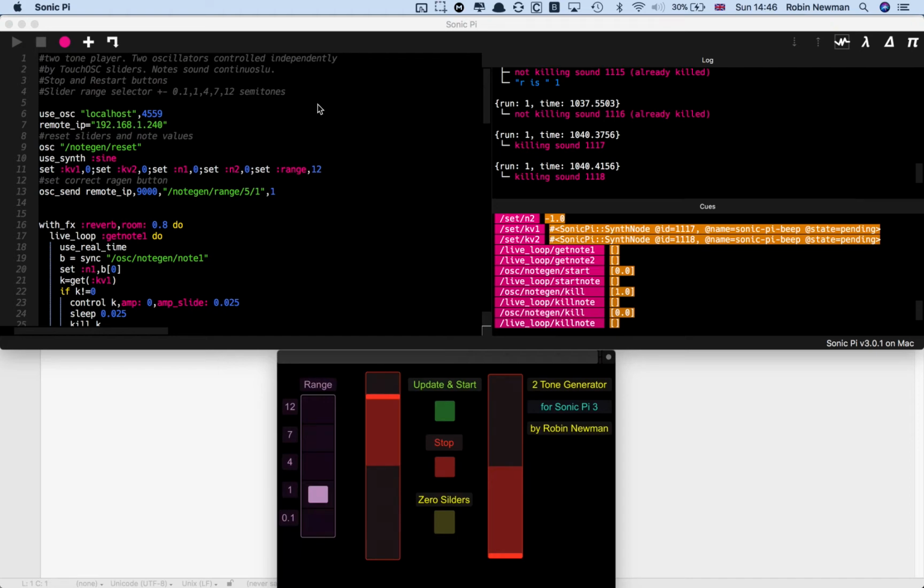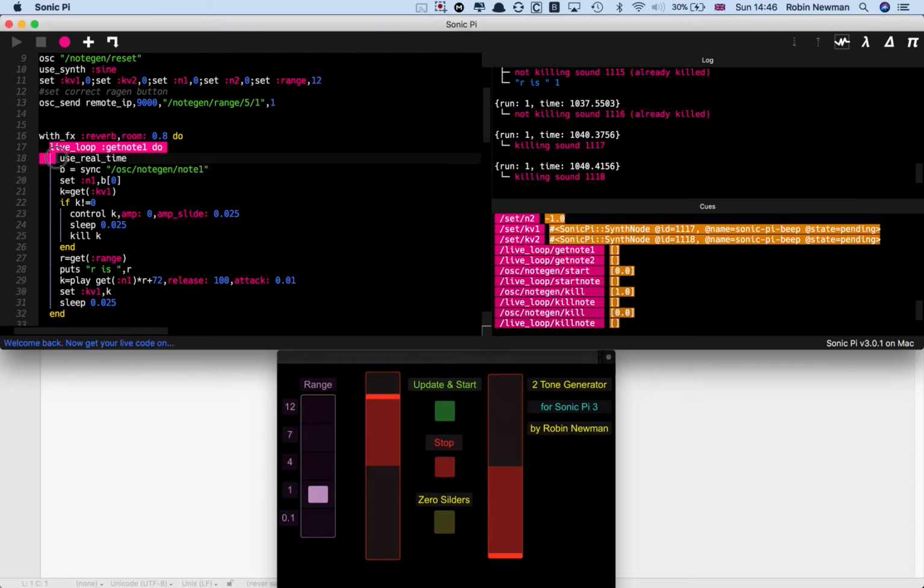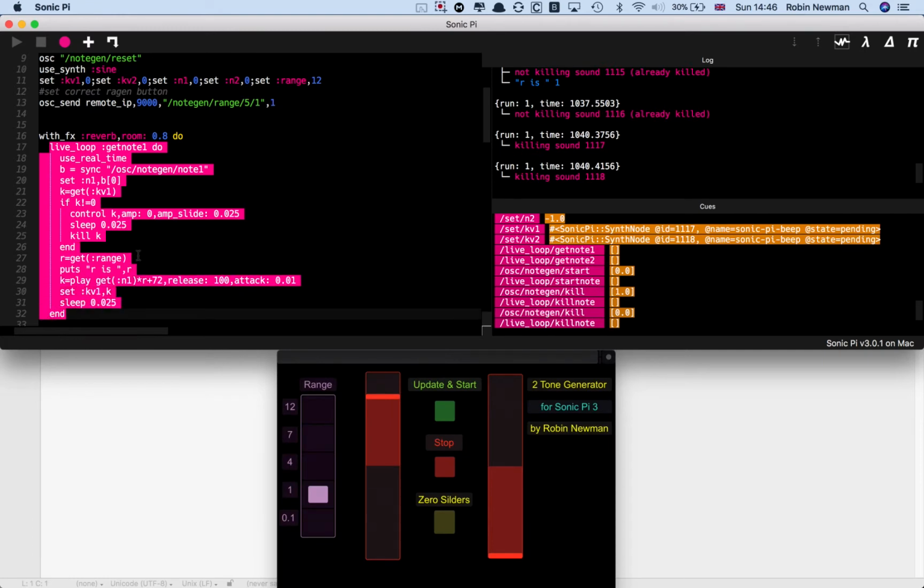It in fact has various live loops running here. The whole lot is inside an FX reverb function, and the two main live loops, the first one here controls note number 1, and it waits for a signal to come via an OSC message which is addressed to OSC note gen note 1, and that sends the value of one of these sliders. In fact, the left-hand slider here on the